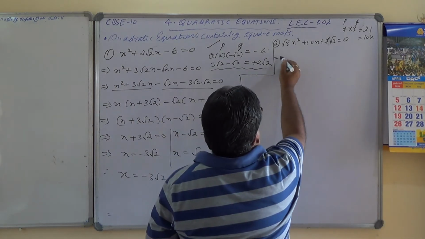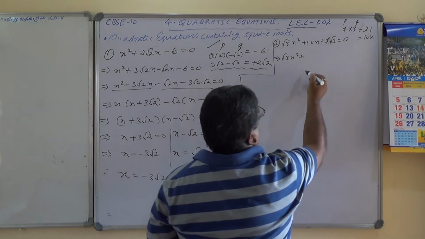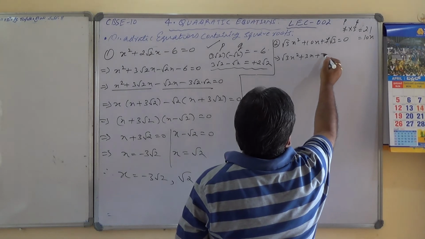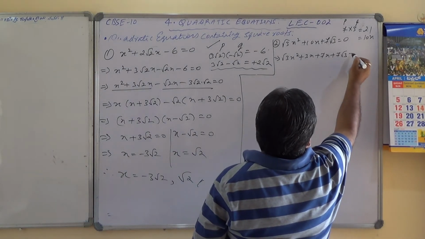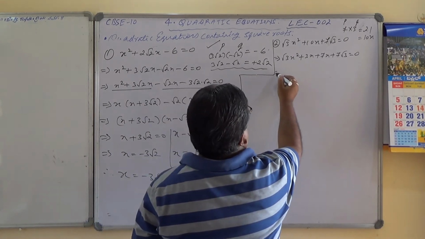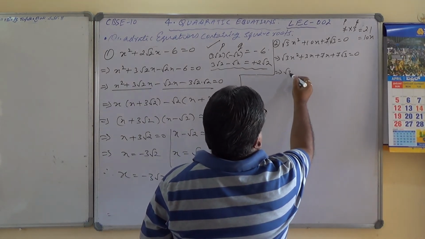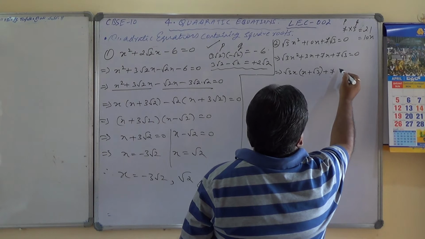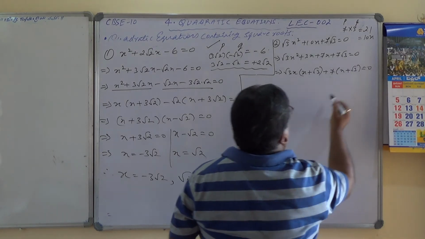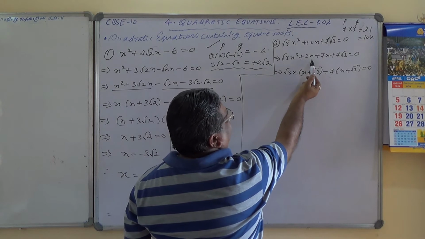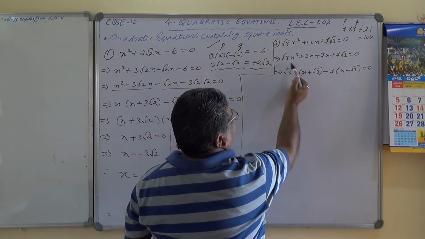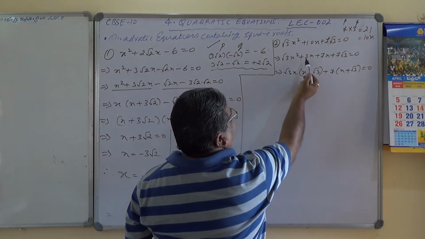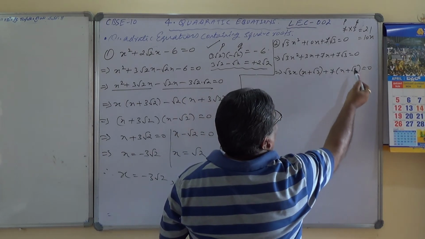7 and 3 implies root 3x square plus 7 into 3. I can do one thing like 3x plus 7x plus 7 root 3 equals 0. Correct now? Which implies, what is common here? Root 3x I will take common. So, x plus root 3. Here it is 7 x plus root 3 equals 0. I hope you understood here. 3x can be written as root 3 into root 3 x. And therefore, when root 3x comes out, x remains over here. And here it is root 3 into root 3 into x. So, root 3 has come out, remaining is root 3 here. Plus 7 you take it out, x plus root 3.